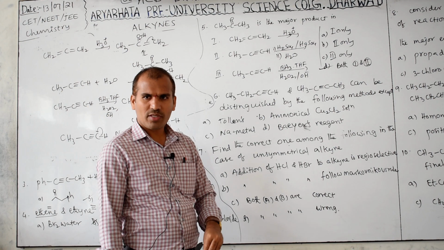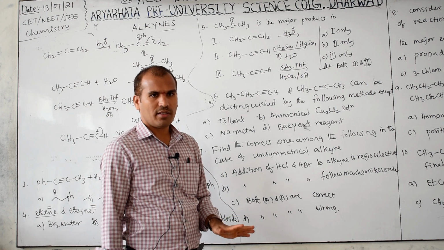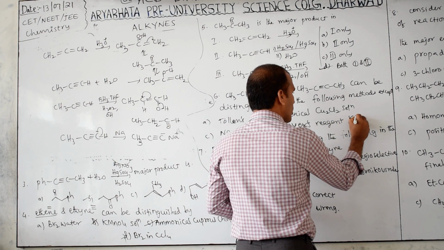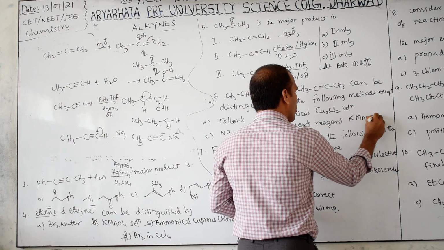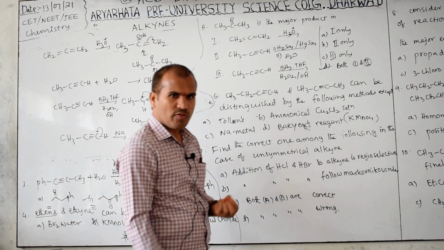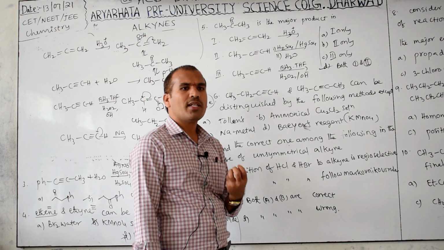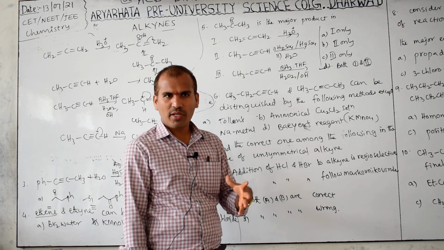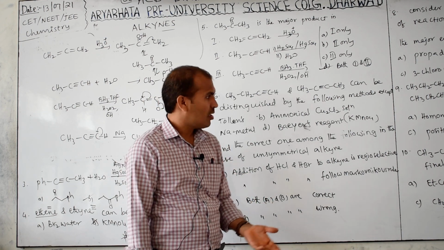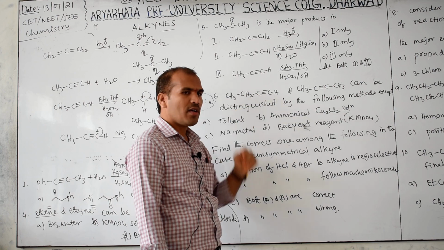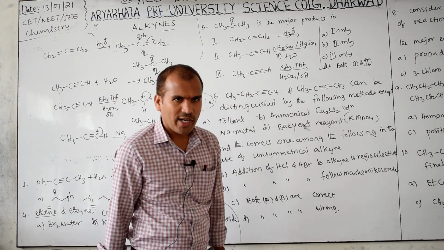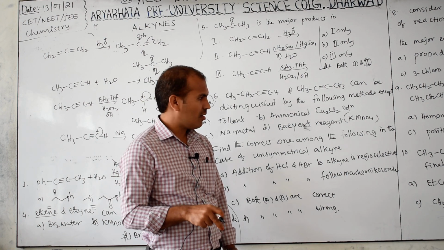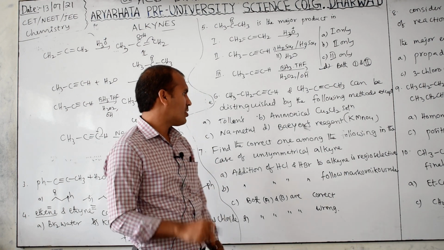But Baeyer's reagent, what is that? Baeyer's reagent gives a test for any alkyne or any alkene. Baeyer's reagent means cold dilute KMnO4. So this is used for what? To identify unsaturation, which may be a double bond or triple bond. If the KMnO4 color disappears, it means a double bond or triple bond is present. So this will also give the test, this will also give. If both give it, we cannot identify. If one gives it and another does not, we can identify. That is used for an identification test.